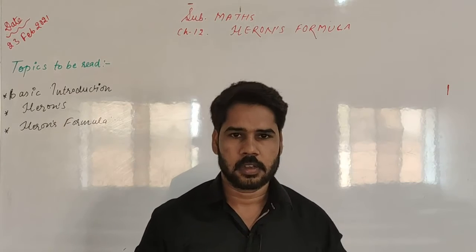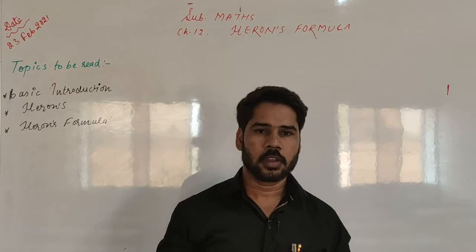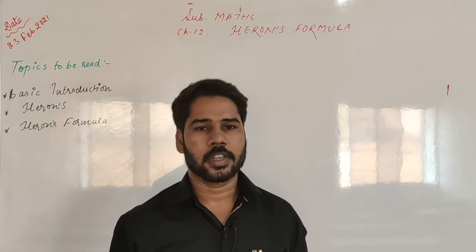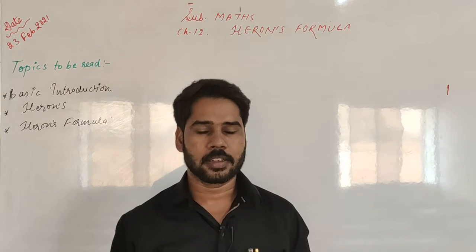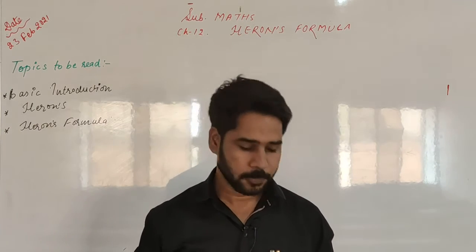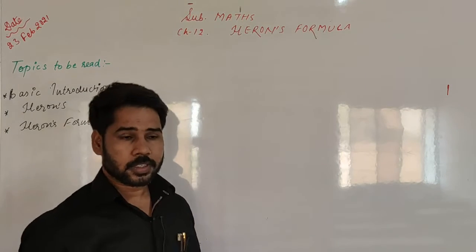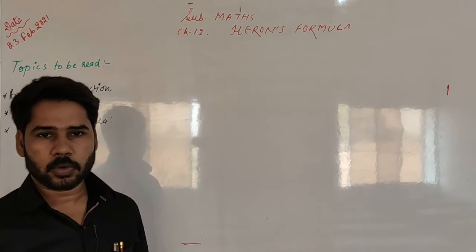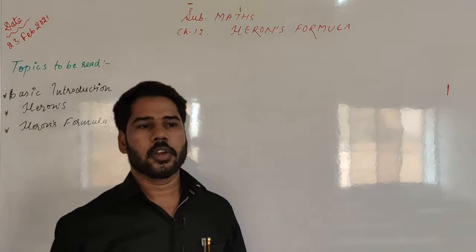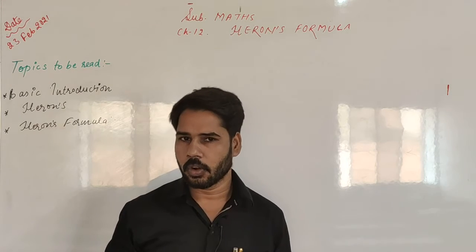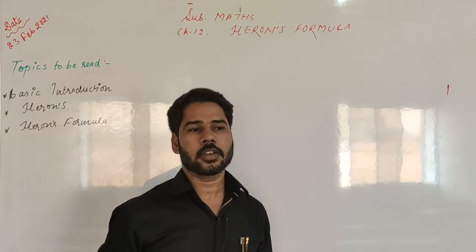Good morning students. Today in this lecture we are going to discuss the mathematics textbook, chapter number 12, class 9, Heron's formula. In this chapter we are going to discuss various things about triangles and how to find their area. Before going to discuss all these things, I would like to tell you some basic introduction about